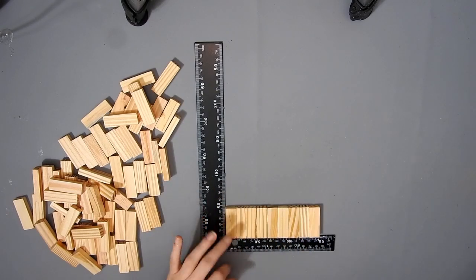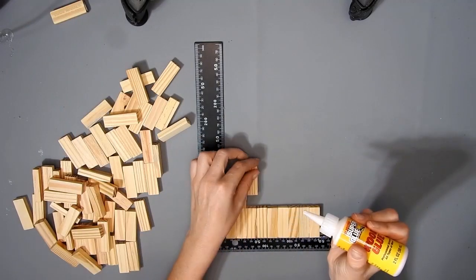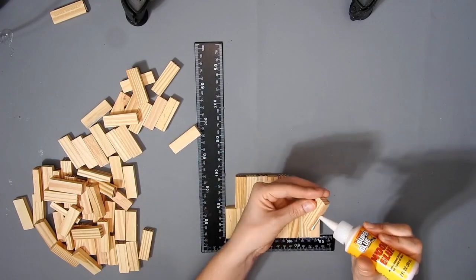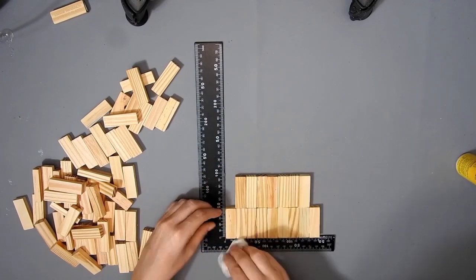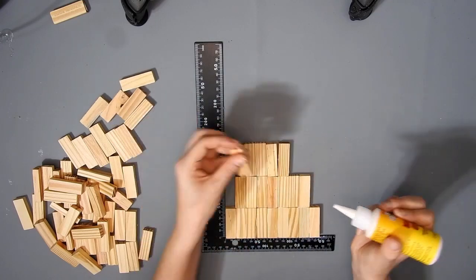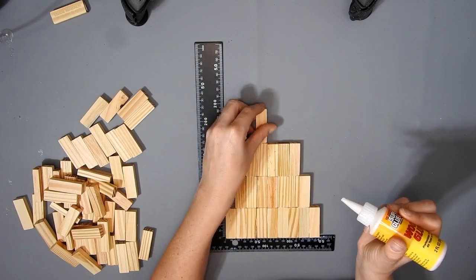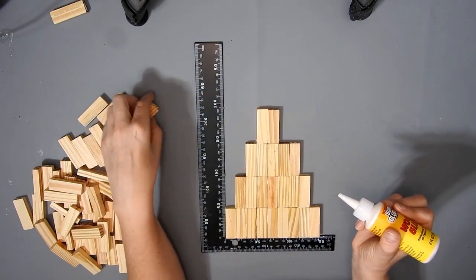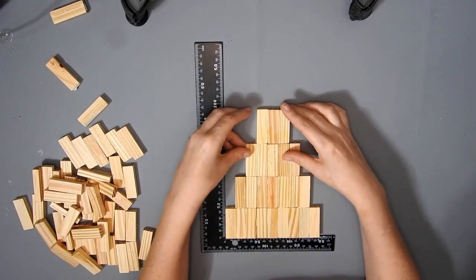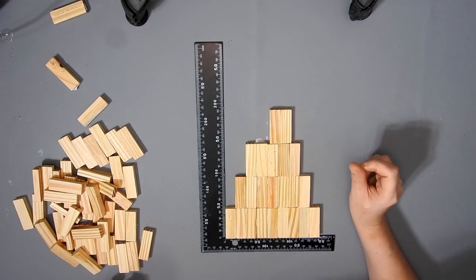And then I'm going to glue on 7, and I'm going to keep going up until I get to 3 tower blocks. And I just make sure that I wipe off any excess glue. And the end one was too long. You see that it's a little bit longer, so I decided to swap it out for a shorter one. Because you know, the tower blocks, none of them are the same,